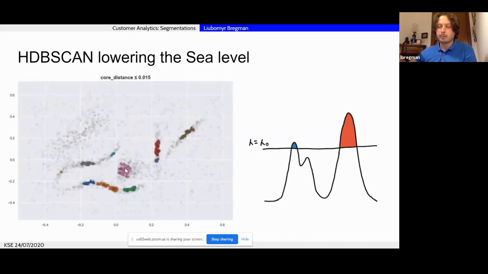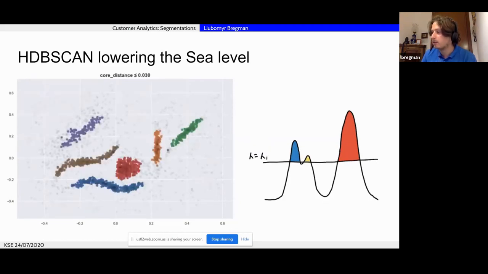First of all, I'm connected to you, then to you, then to you, and so on. We create such a graph of connections, and then step by step, we relax our characteristics of lambda or of density, and our graph starts to grow.